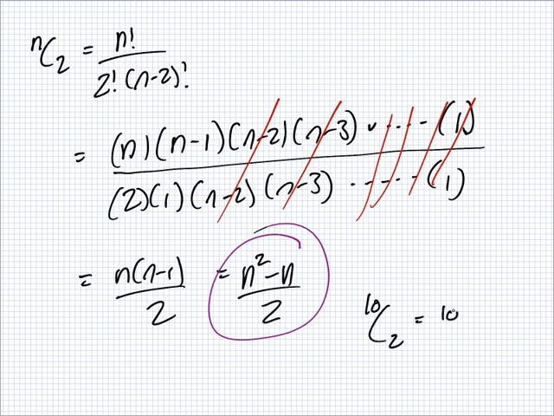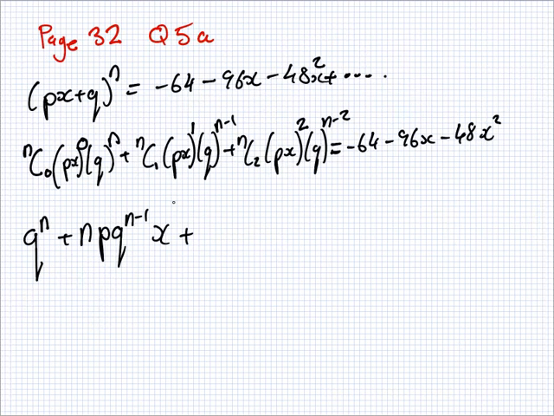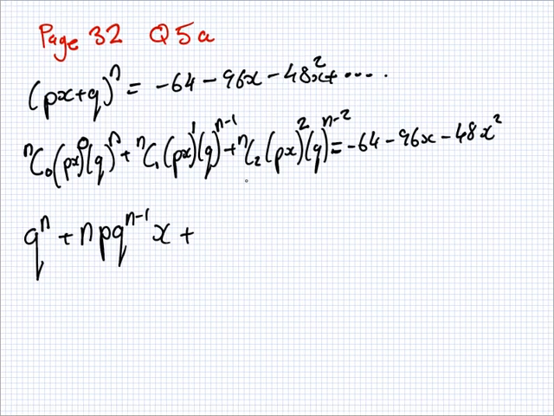It would be 100 minus 10 over 2, which is 45. So if you type in 10C2, you should get 45. So like it really does work. Yep. Back we go. So that's, where am I? This guy. Yep. N squared minus n over 2